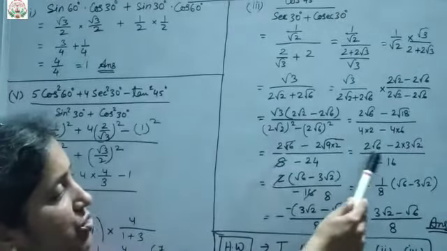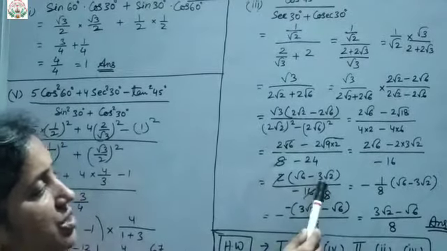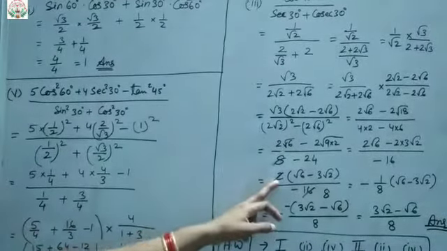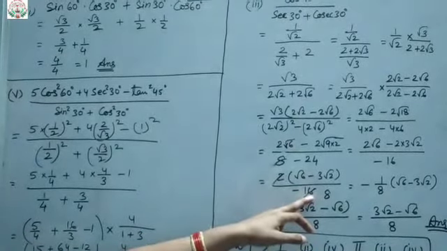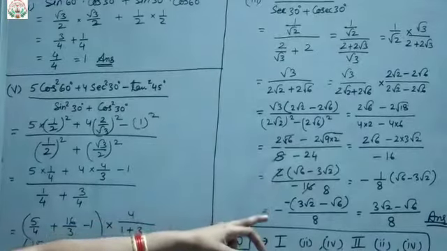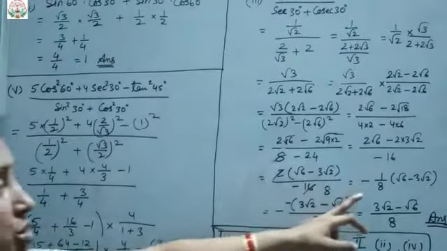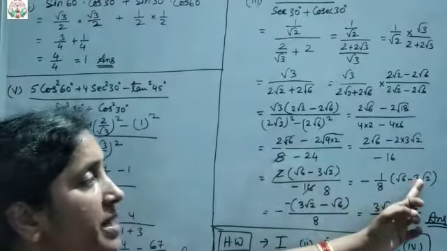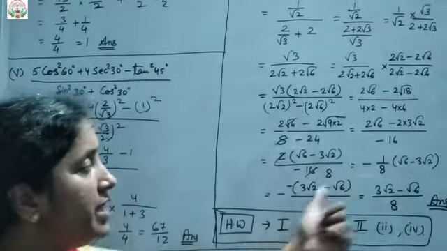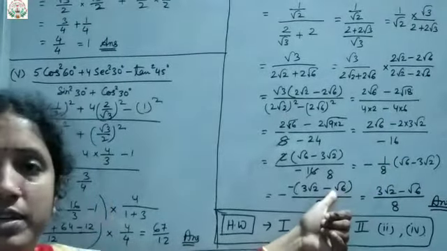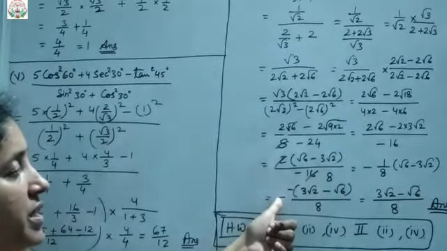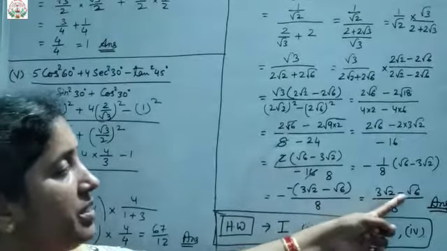Now here 2 is common, so take 2 common and then root 6 minus 3 root 2 upon minus 16. Both will be cancelled because numerator 2 and denominator 16 are both divisible by 2. So divide and you will get the denominator as 8. Now you can see the denominator has a minus sign, so we take the minus sign common to the front. The negative will become positive and positive will become negative, is it not? So minus of 3 root 2 minus root 6. Minus into minus will be plus, so 3 root 2 minus root 6.